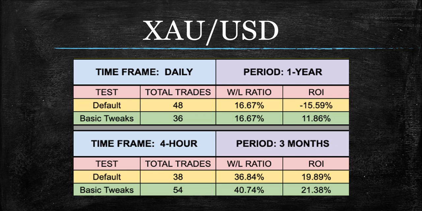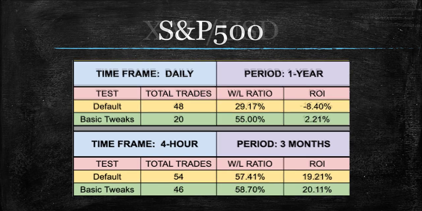S&P, though, is where it gets awfully interesting. Look at the 4-hour here. Bananas. 20%. I mean, approaching double the benchmark on one indicator, and that indicator is a baseline. Come on. That is easily the best result we've had on the S&P 500. I'm sure some of the spreadsheet warriors will come in and correct me on that if I'm wrong, but I don't think I'm wrong, because that is such an anomaly.